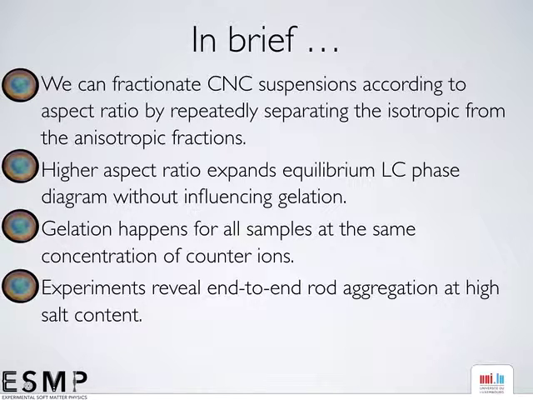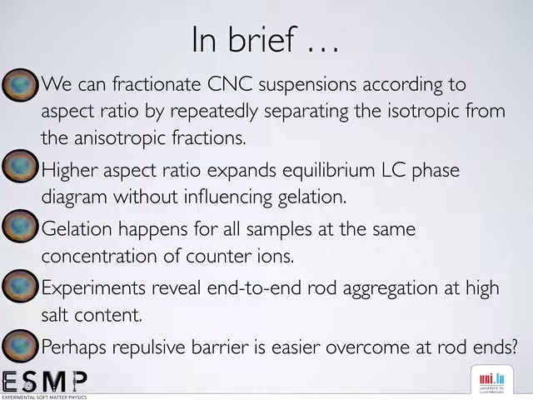I'm not saying just end-to-end, of course, but we have an effective lengthening of the rods at high salt content, and perhaps the repulsive barrier might be reduced at the rod ends in order to explain this situation. But that's a very open question, and I would be very happy, especially for the last point, if anyone has any other